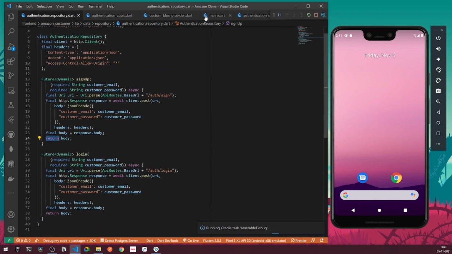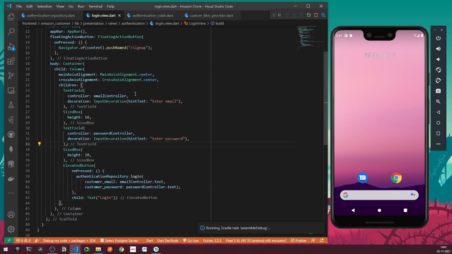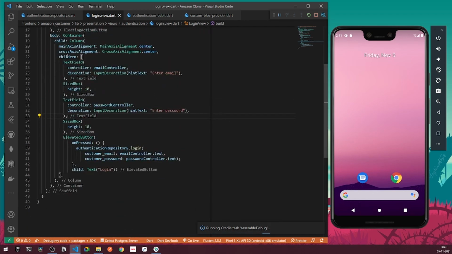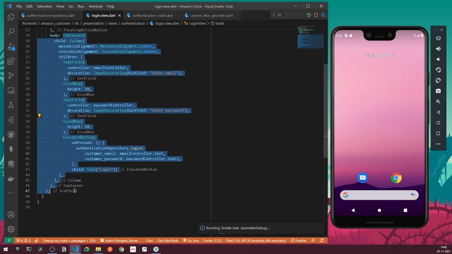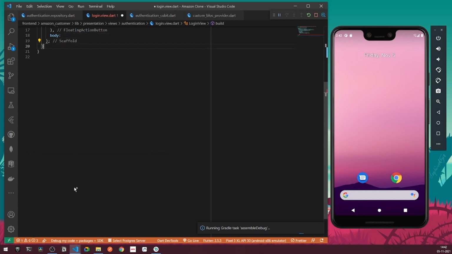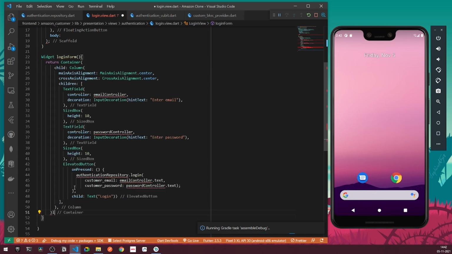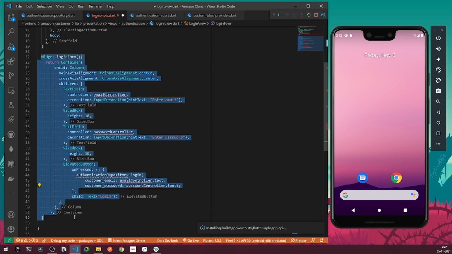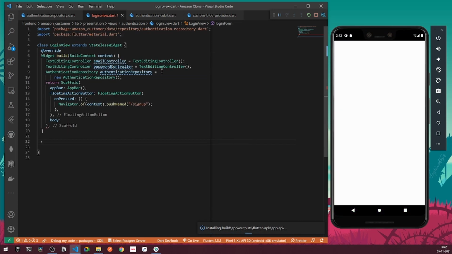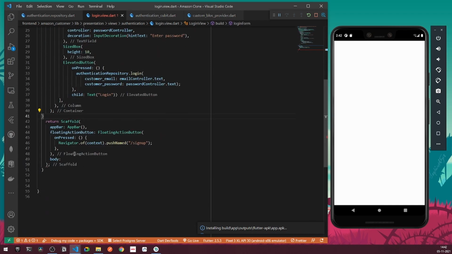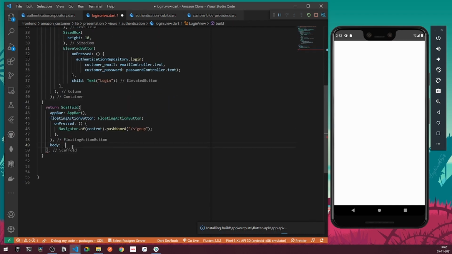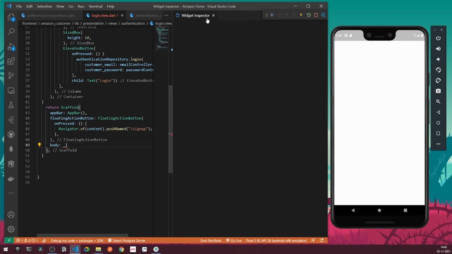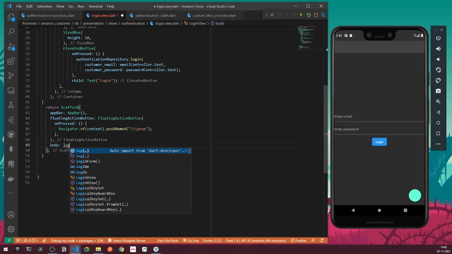Now until this thing is loading, what we can do, we can go under a login view for now. So I can simply go under login view, and here you can see we have got a boilerplate entire UI. So what we can do, we can copy the container for this side, and I can simply say widget, let's say login form, and here I'll simply return the entire container. Right, so we can also copy the entire login form for this side, and we can add it under the build method, just like this. Right, so here we need to return a login form for now. So I can simply say a login form. All right, so here I'll be having a login form.